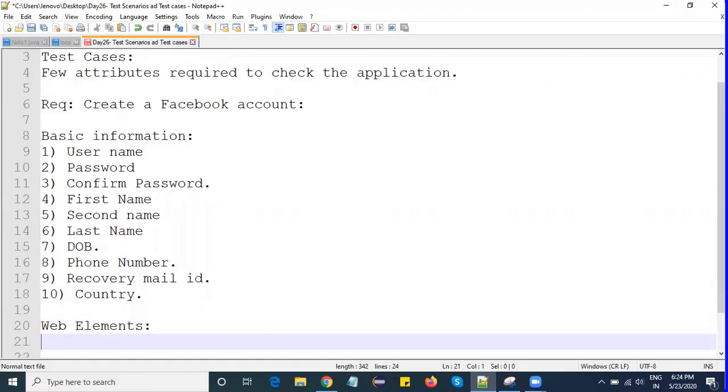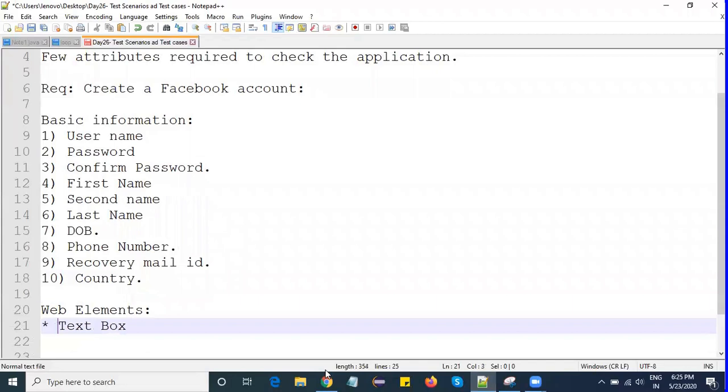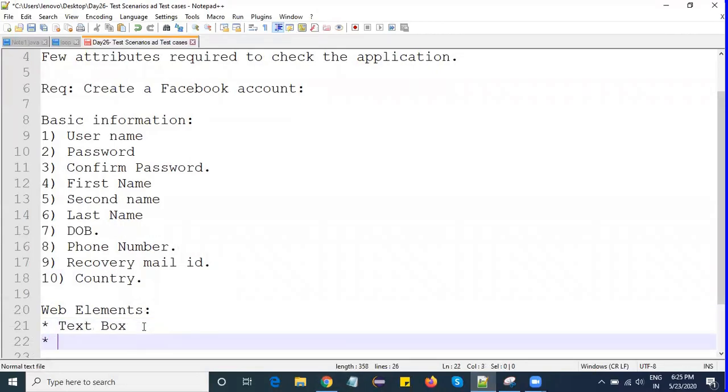Web elements. What are web elements? We have different web elements. The first one is text box. The second one is radio button.